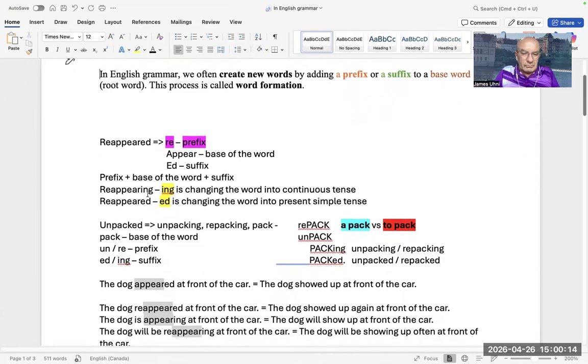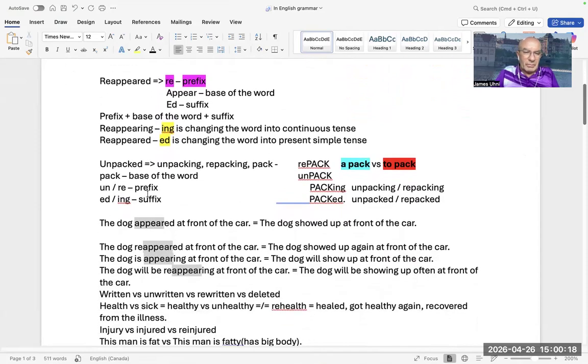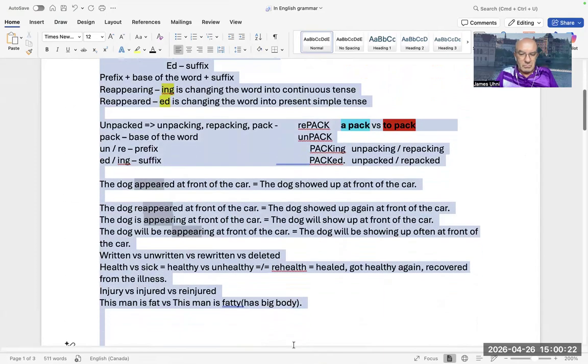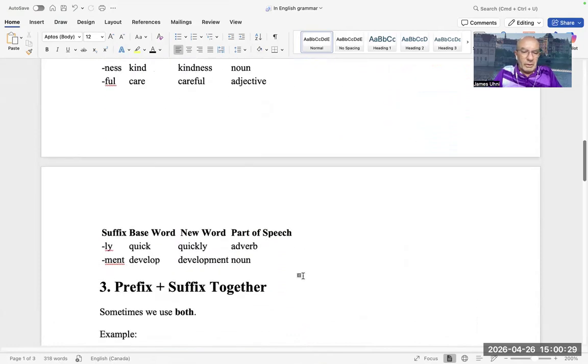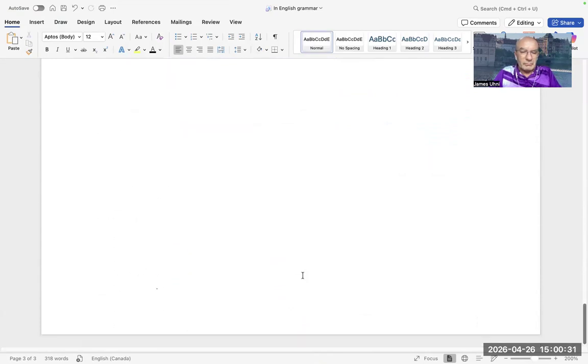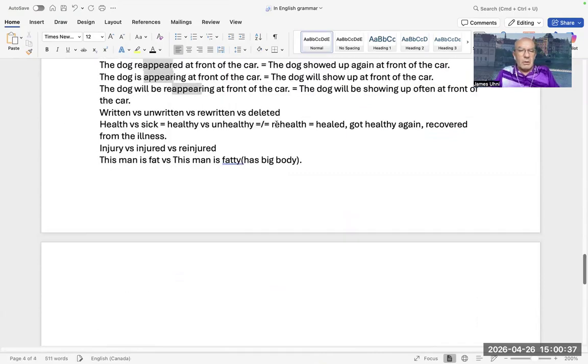What I will do is I will take this example because it's huge, and I will move it all the way to the end. Because what we need to learn is